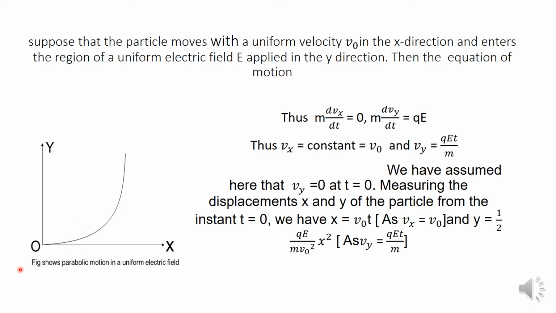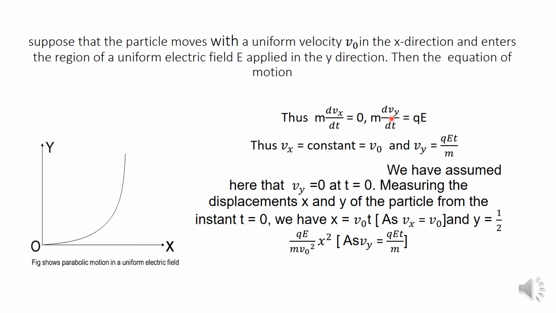That means the particle enters a region where the electric field E is applied along the y direction and the particle moves with a velocity v0 along the x direction. Then the equation of motion at any instant of time we can write m dvx/dt = 0 and m dvy/dt = qE,